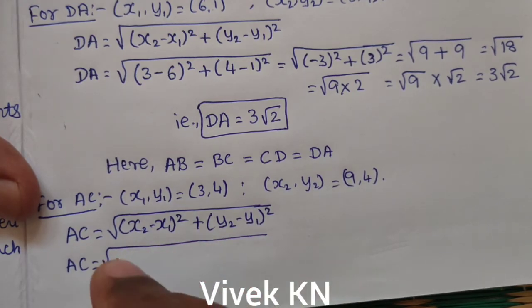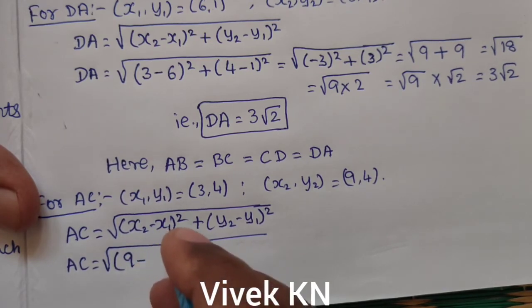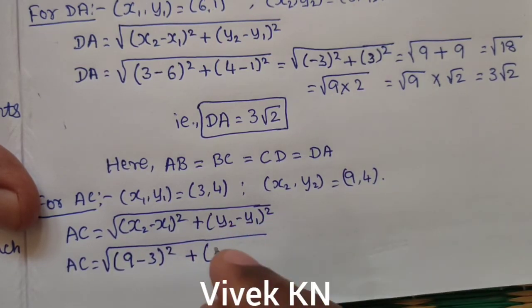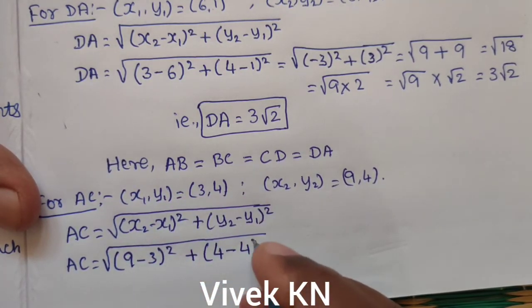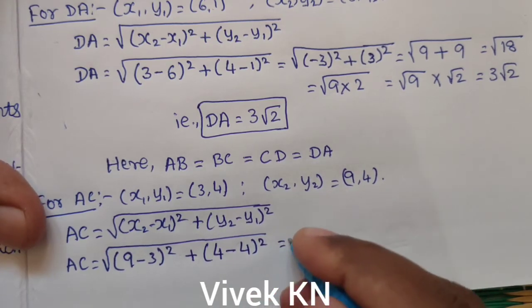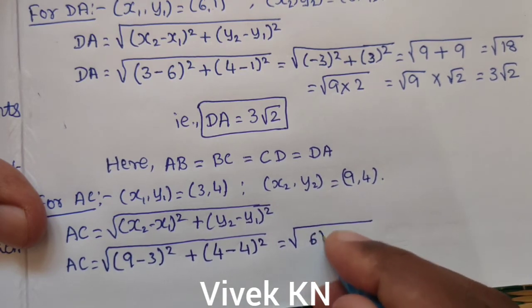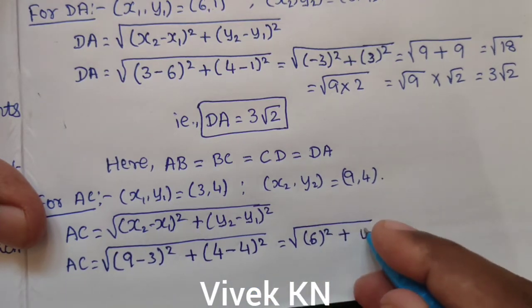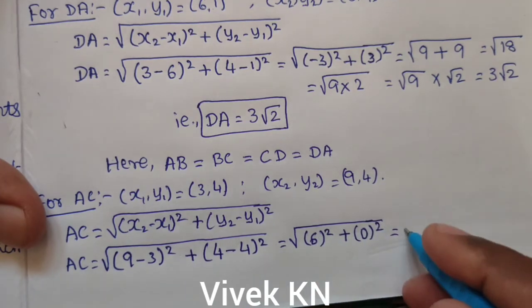That is under root of the value of x2 is 9 minus the value of x1 is 3 whole square plus the value of y2 is 4 minus the value of y1 is 4 whole square, which is equal to under root of 9 minus 3 is 6 whole square plus 4 minus 4 is 0 whole square,